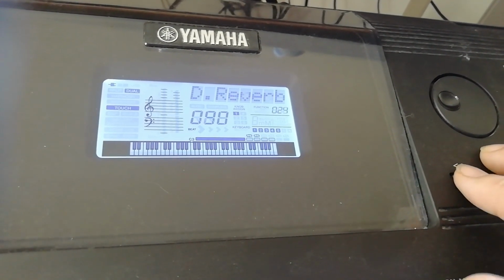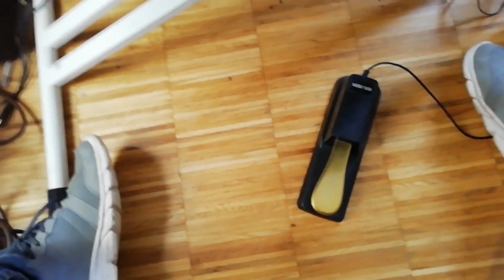What I figured out is, now I have this sustain pedal here, but the sustain pedal is only applied to the first voice.